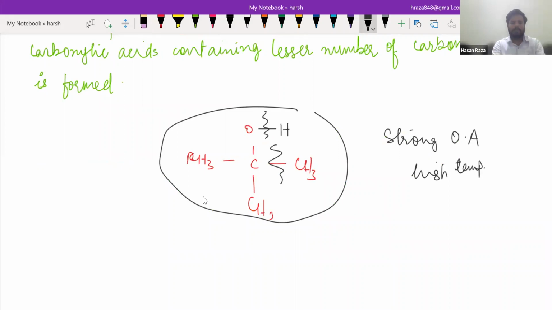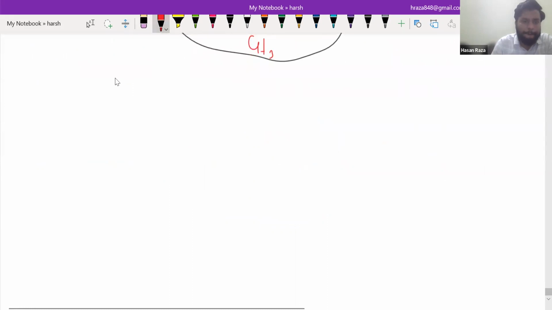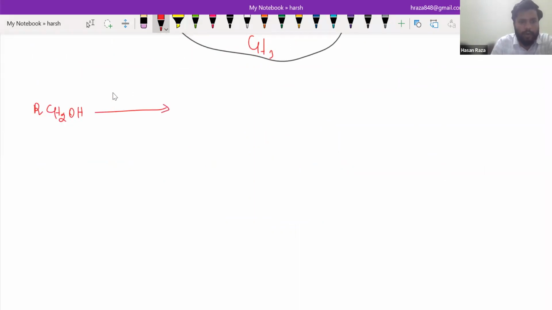So first, we are going to do oxidation reaction with another reagent. This is primary alcohol RCH2OH, and if you are going to react this with copper at 573 Kelvin, it will be oxidized into aldehyde. It will be oxidized into aldehyde, and if it is secondary alcohol,